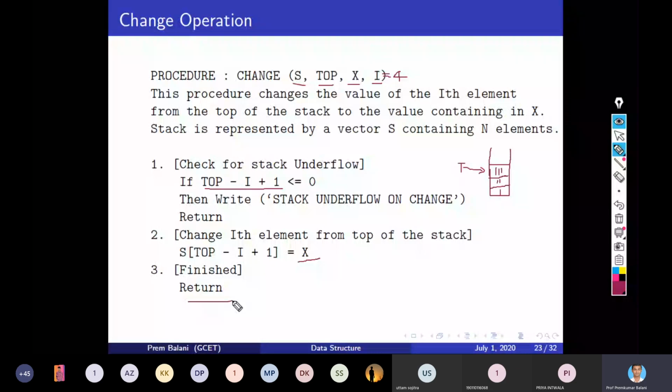Can I go ahead? Change operation. Okay, let's go ahead.